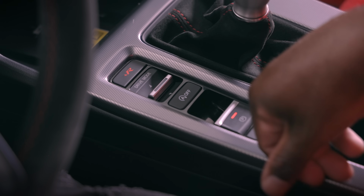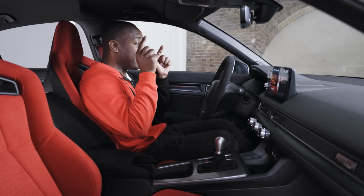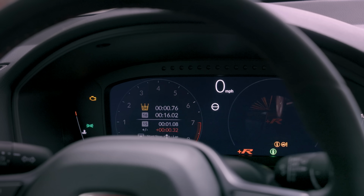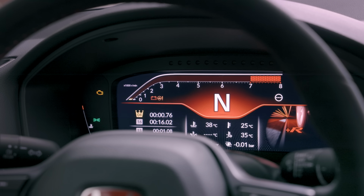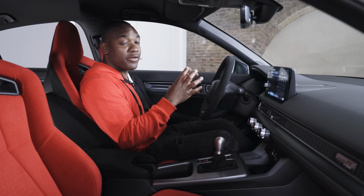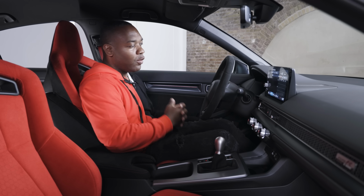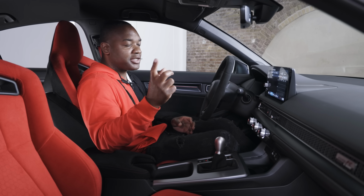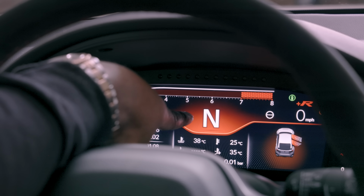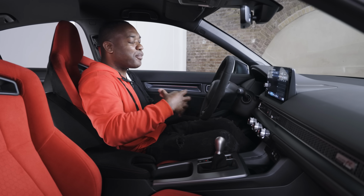Finally, if you press the R button on the center console, it goes into the most extreme mode, and your driver display reflects that as well with a very, very pronounced rev counter, a nice big gear indicator, and also all the driver information you might need for your temperatures, etc., which might come in handy when you're pounding around the track. Interestingly, the gear indicator is larger than the speed indicator, which kind of shows the amount of importance